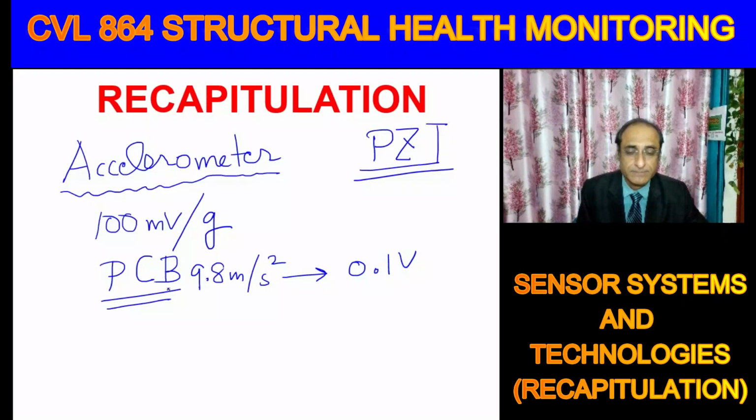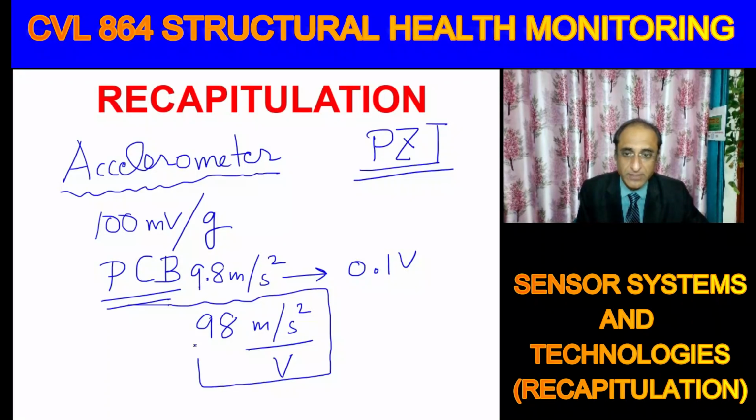In general, if you want to derive the acceleration conversion constant, it is 98 meter per second square per volt. All you have to do is multiply the voltage plot by this factor. If you are using Excel, just apply this constant multiplier and you will get everything in acceleration terms. Alright,